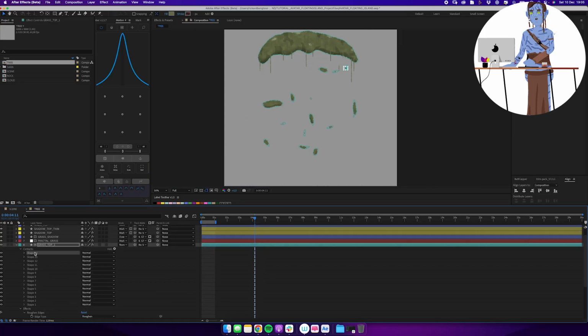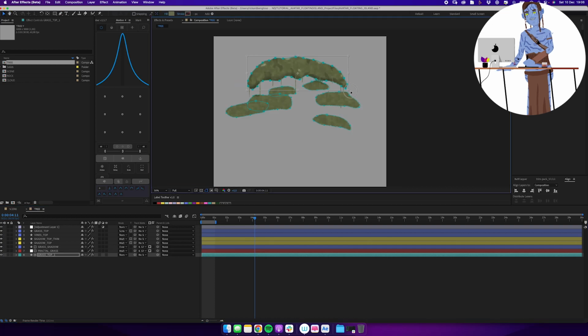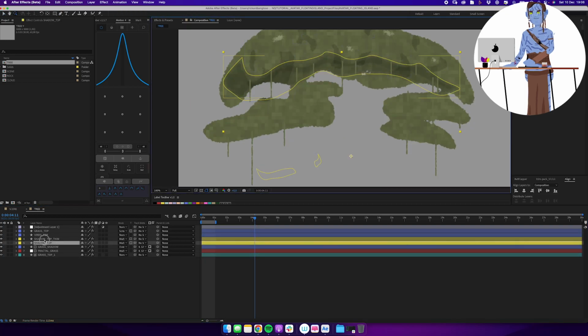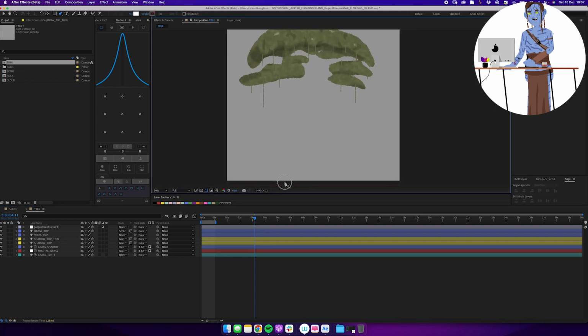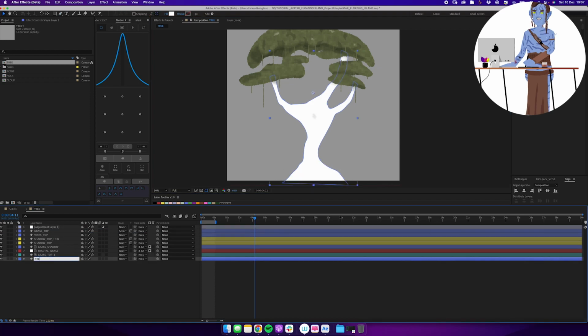So we're going to be making a tree, and for that tree I'm just duplicating my rock composition and deleting everything I don't need, and on my grass layer at the very top I'm drawing a bunch more shapes, a bunch more vines. At this point I have sped up this footage quite a bit because I'm not really using any new techniques. I'm doing the exact same thing as we did before, but I'm just doing it to a